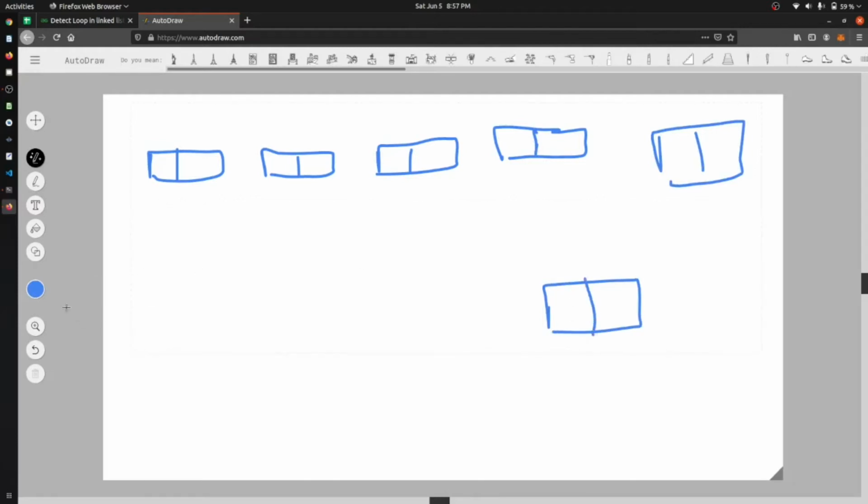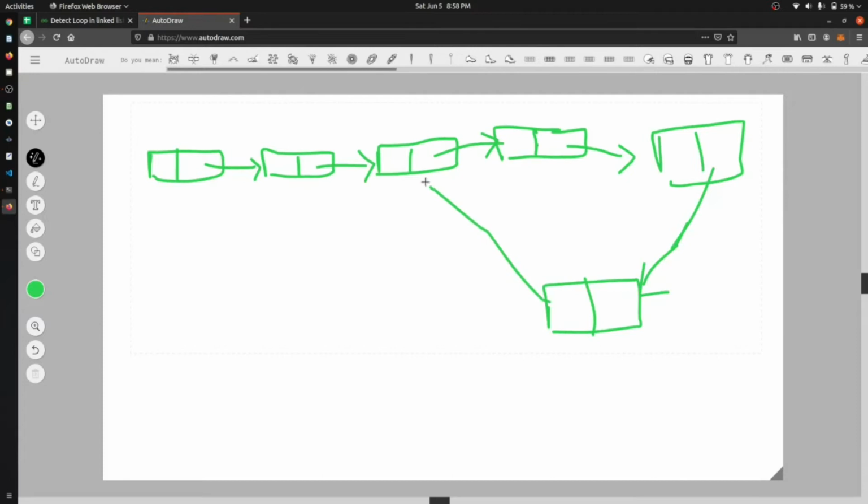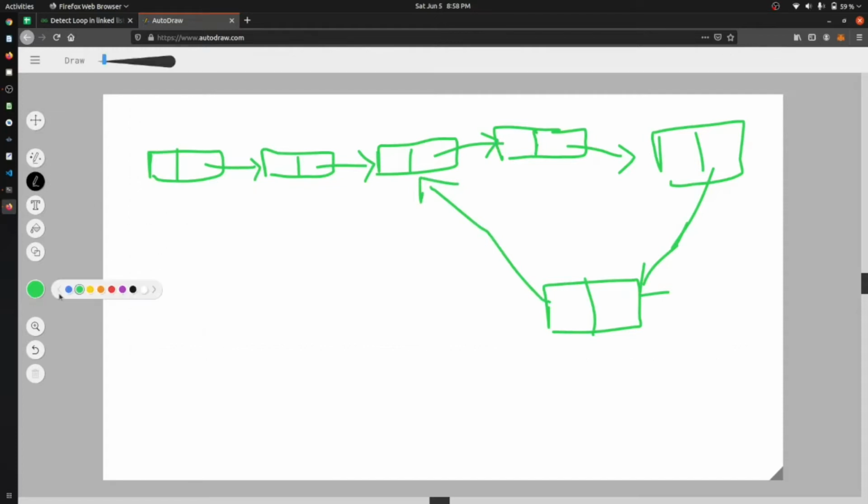Okay, and now we will create the pointers. And let's say that it should point at this. Okay, so you will be given a linked list like this, and you just have to find whether this contains a loop or not. Okay, so yes, this linked list contains a loop.